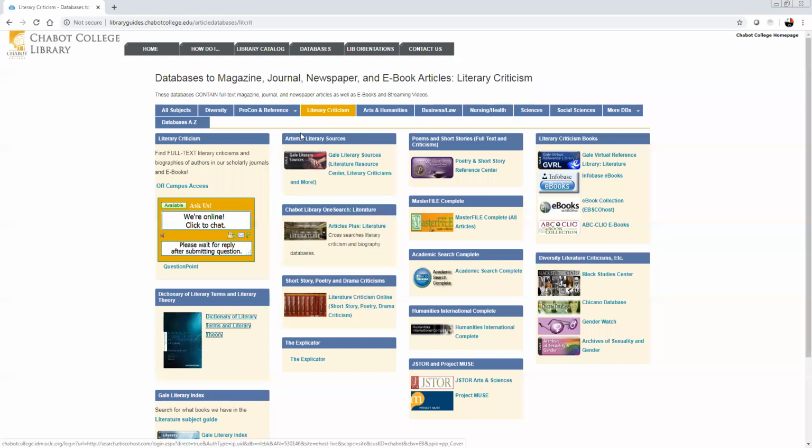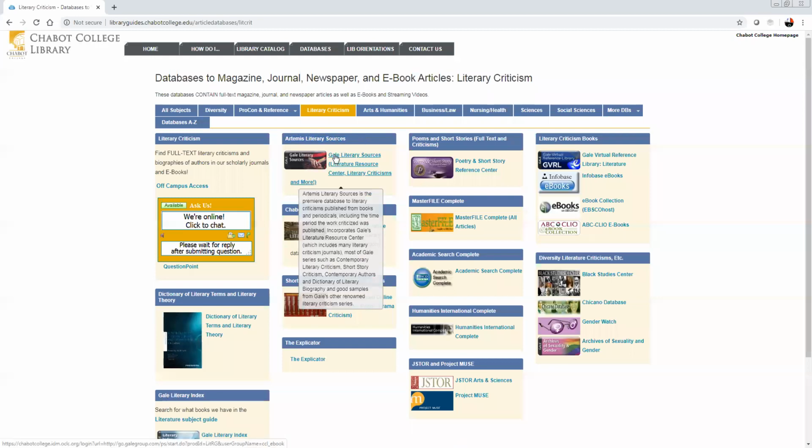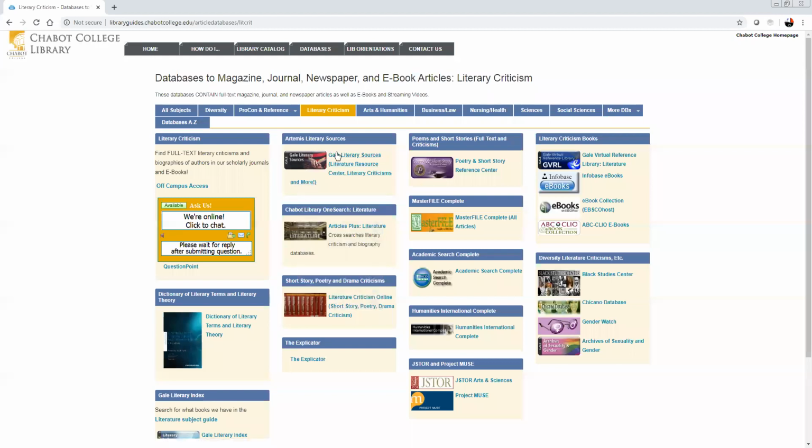Followed by, this has different names. Gale keeps changing the name of its literature database. These days, it's called Gale Literature. And it actually cross-searches a number of Gale resources, including Literature Resource Center, which you might have heard from your instructor. It also has the name Gale Literary Sources, but that is our usually recommended starting point